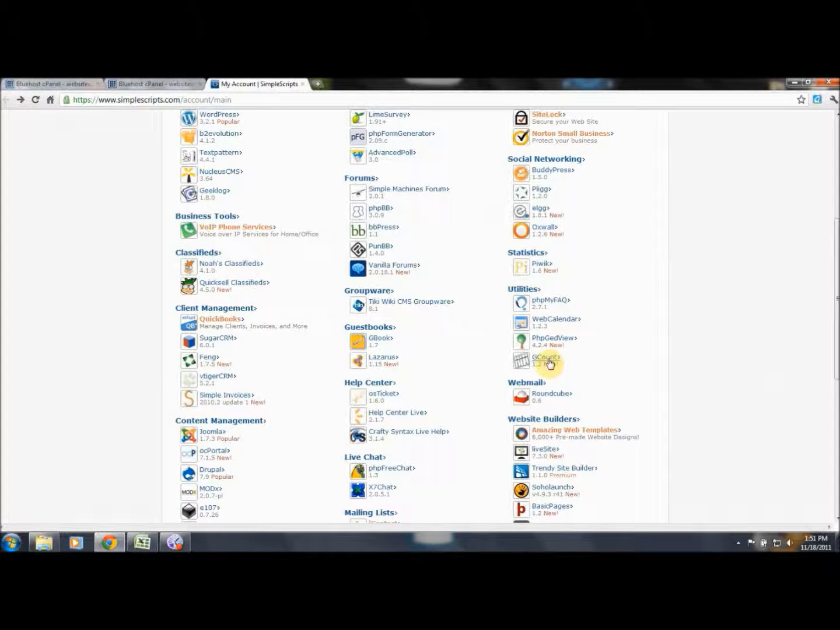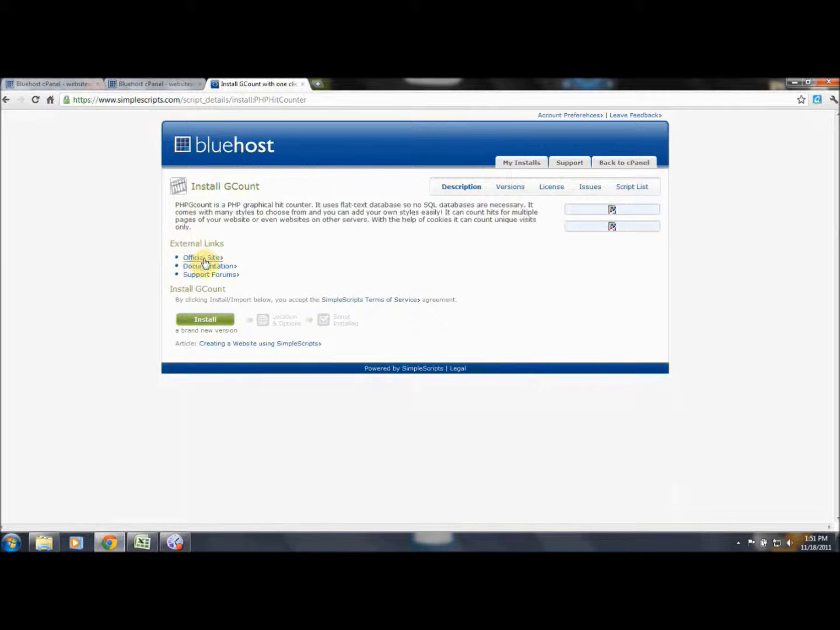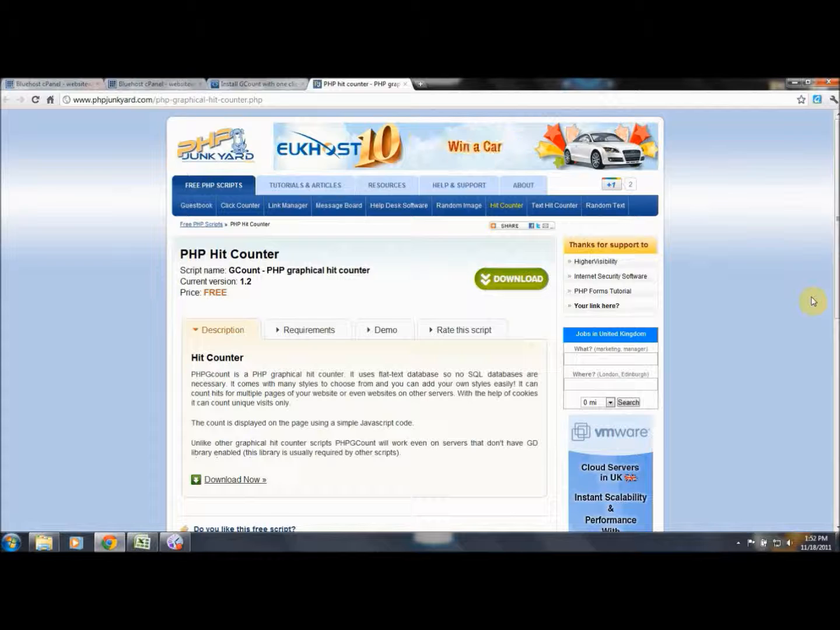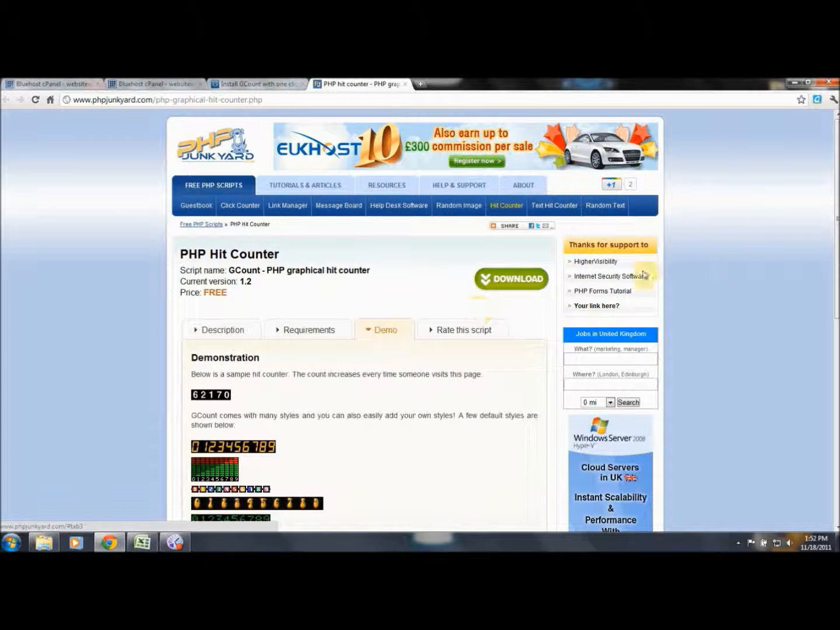Last thing for this video tutorial we want to talk about is G-Count. Now, G-Count is a hit counter. It's basically a graphical hit counter. So we're going to go to the demo so you can see exactly what it is. Now,